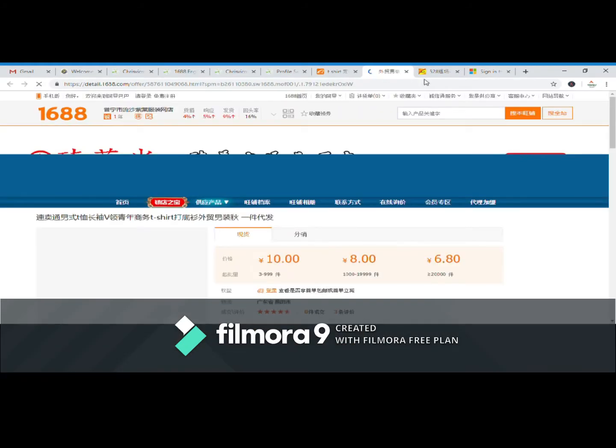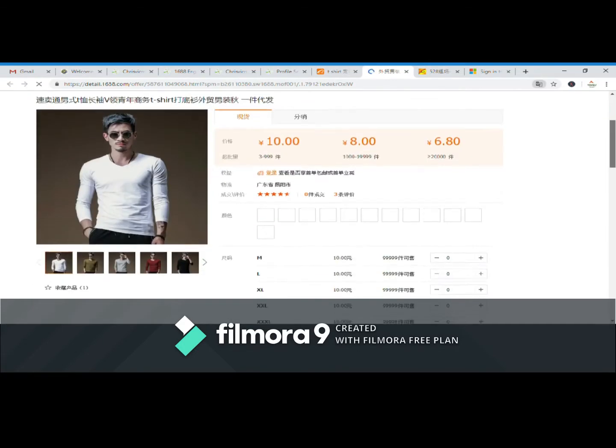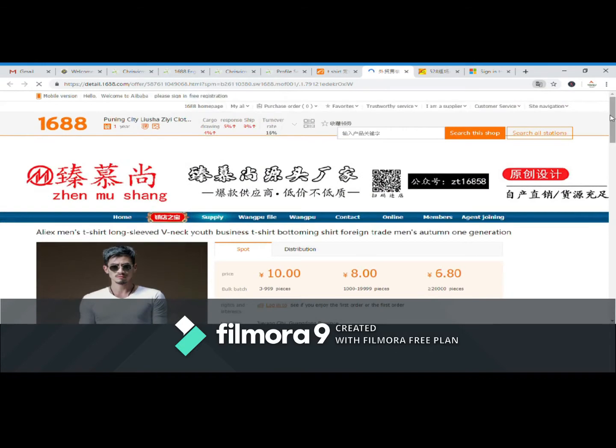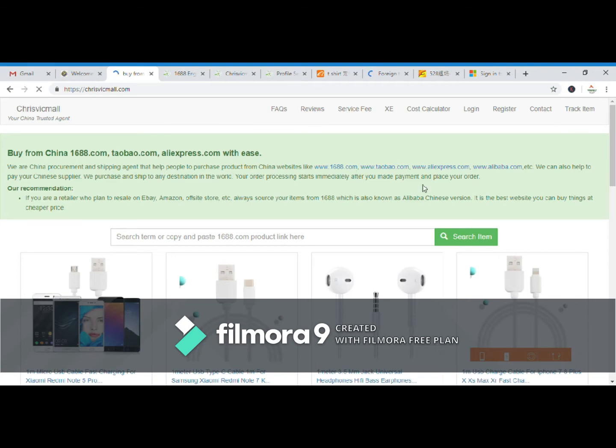You click on the product and this will take you to the product page. After looking at the description, the specification and every other thing, you will copy the URL of that product page, the link that leads to that product. You copy it and then go back to chrisvicmore.com and paste that URL inside the search bar that has been